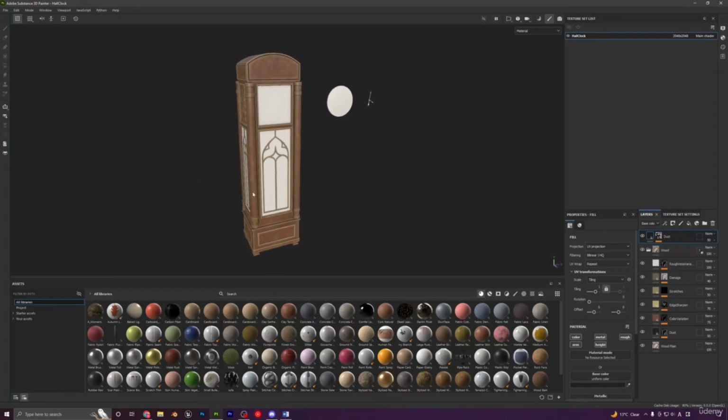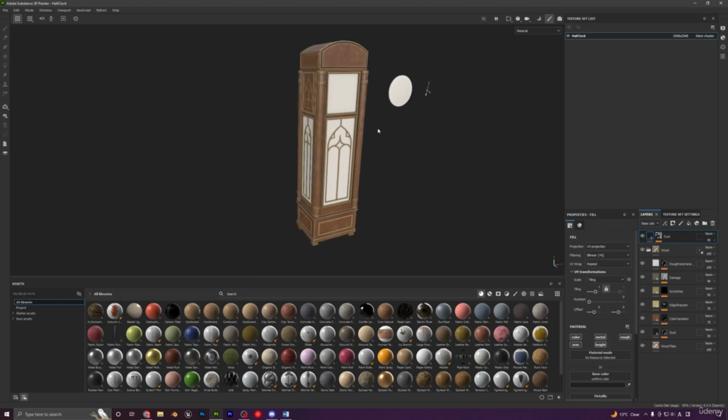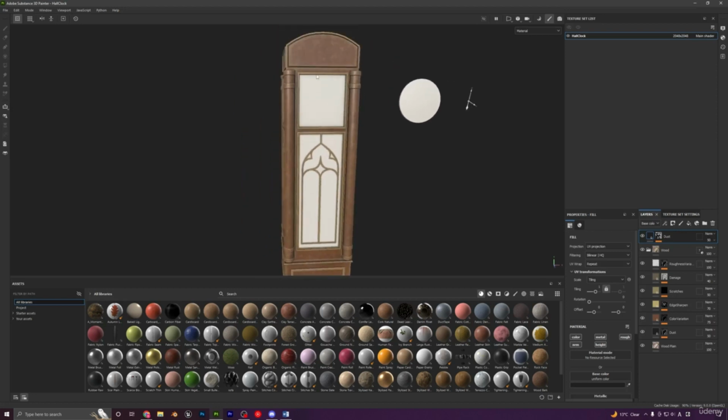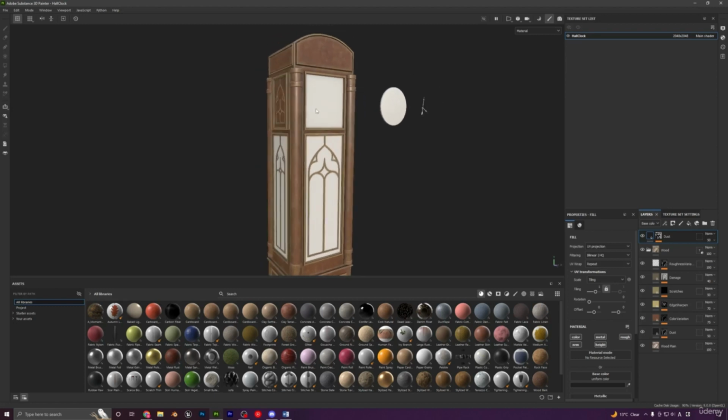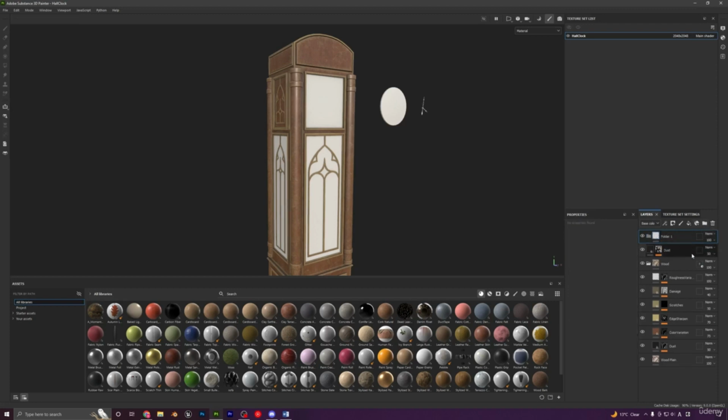Hello and welcome guys. So let's continue texturing our hall clock. Now what I will do is first set up the glass material, just the basic glass material, so that we can actually see through the model and see how it looks. So first add a folder